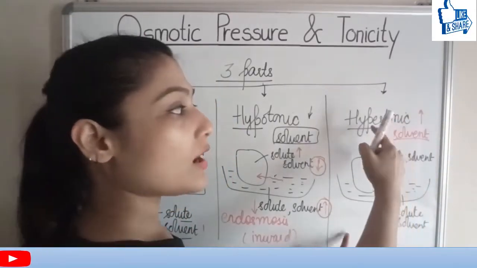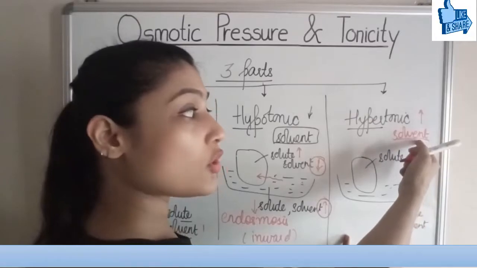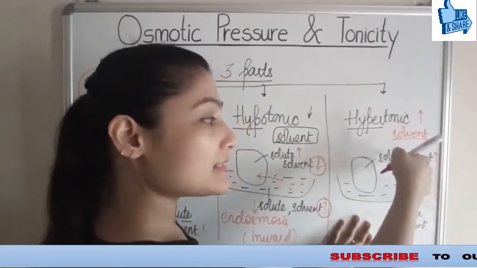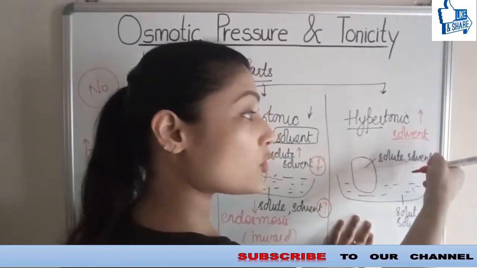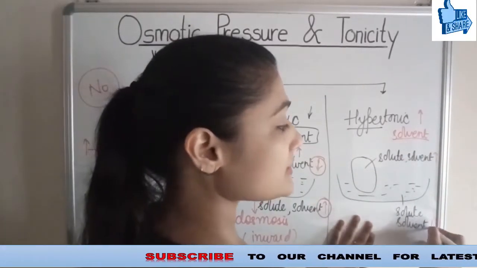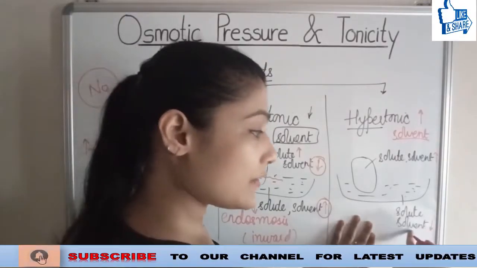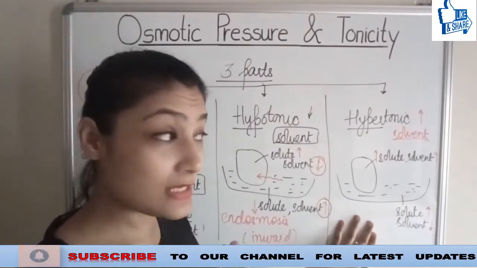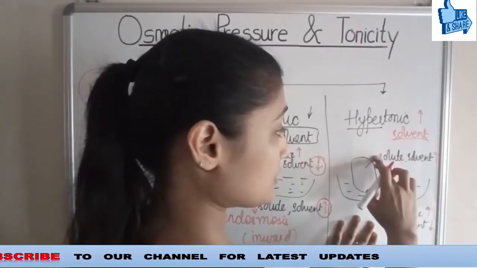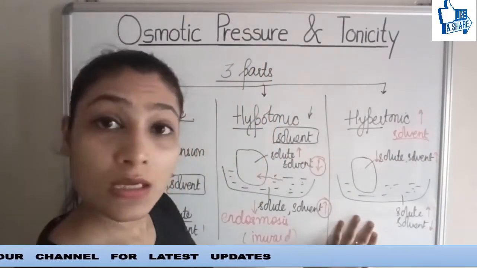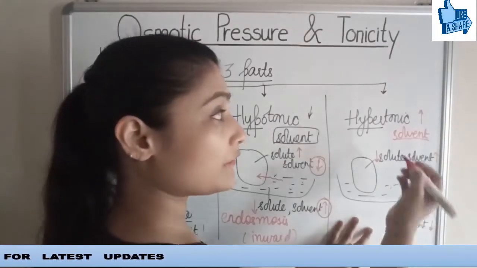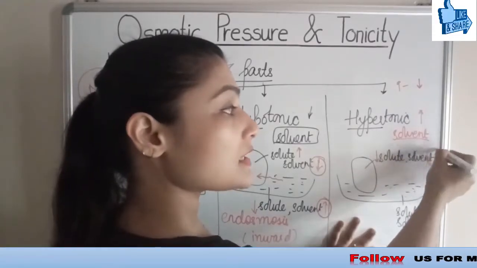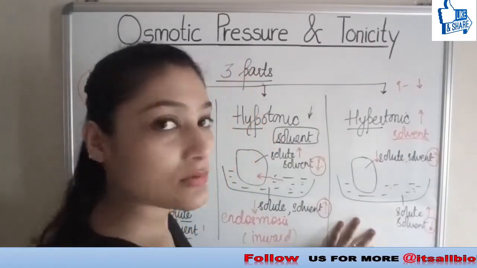Now, if I talk about the outside situation and inside situation, this is going to help me here. Let's see how. Hyper, more. What more? Solvent. Where? In the cell. So where is the solvent more now? Inside the cell. If it is more in the cell, that means it is less outside the cell. If this is the situation, reverse is going to be with solute. Clear? Now, again with the definition of osmosis, higher to lower. Higher is where? It is inside of the cell. Lower is where? Outside of the cell.